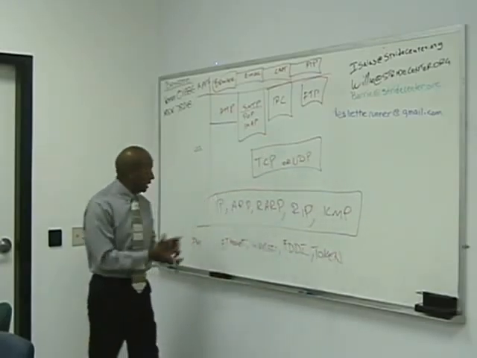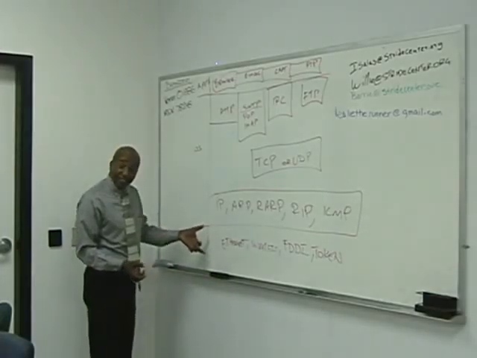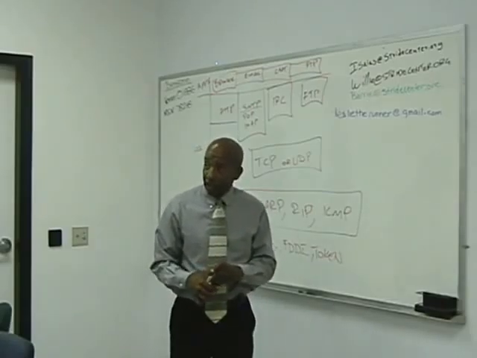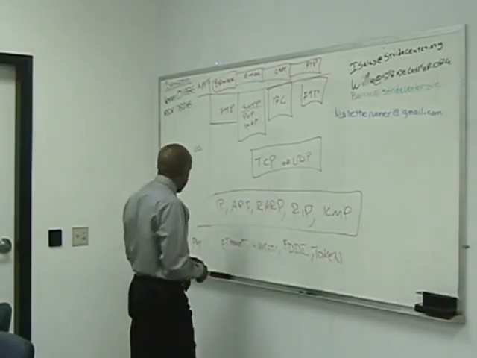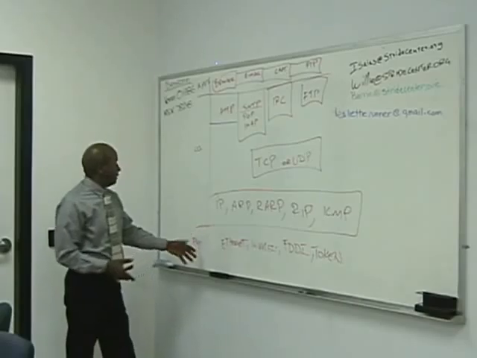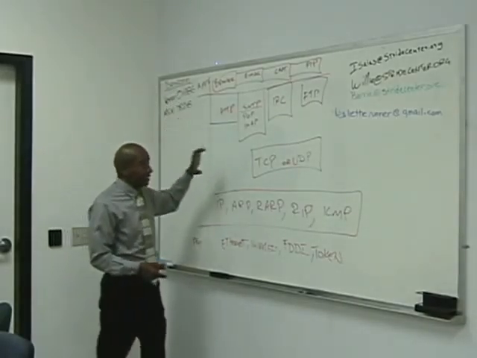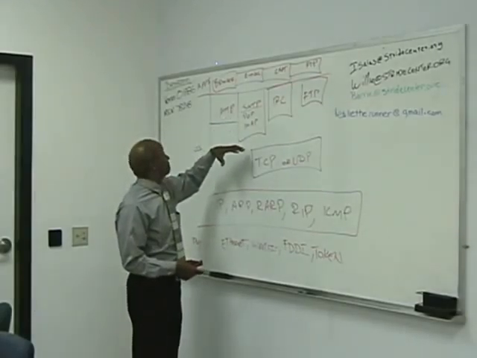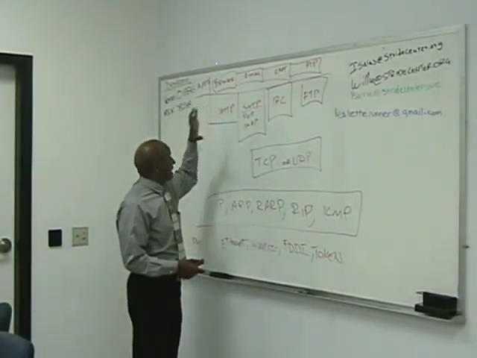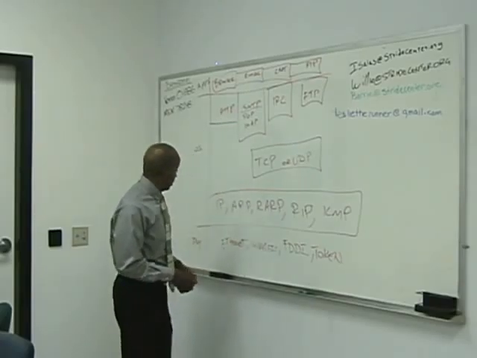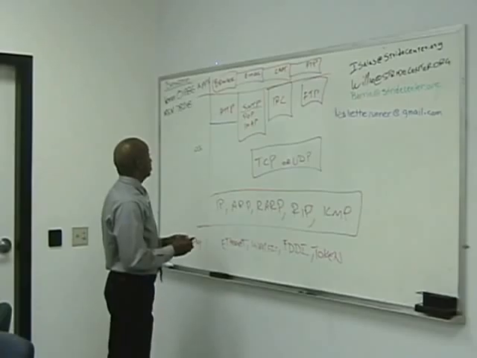Also, the model that we're using, this includes the physical cabling, the Cat5, Cat6, whatever. You get the idea. Physical, OS, apps. Remember, this is not the OSI model, but it's a simplification of the OSI model. Okay, so now